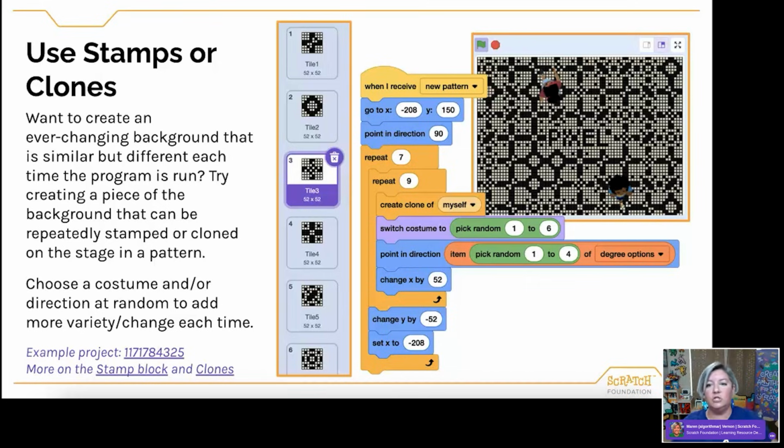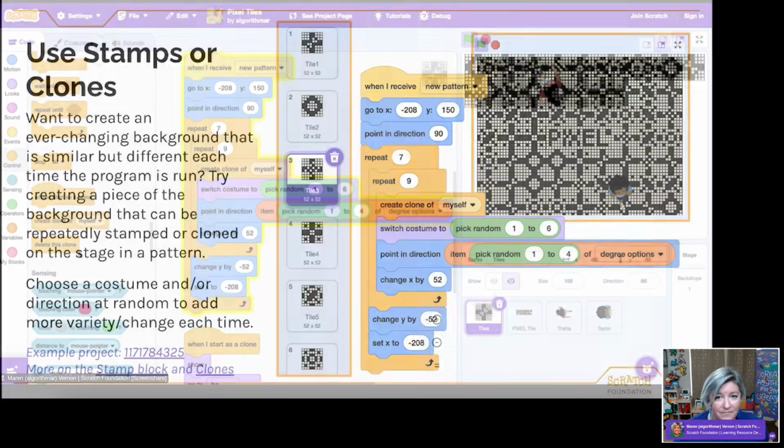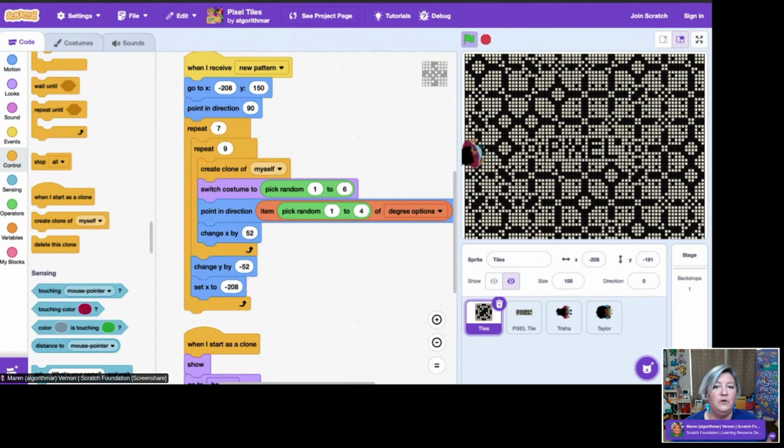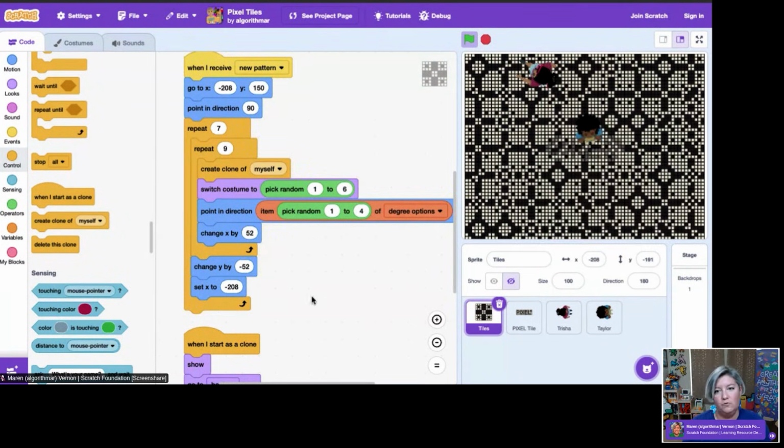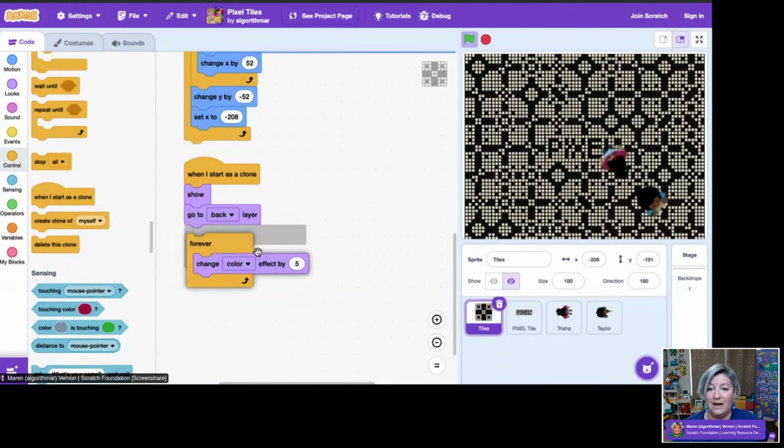And then it's just a floor pattern that's underneath my characters that are walking around, hanging out. I've got them here. If I run the program, you can see it just lays out all those tiles, and then the program's just these people walking over my tile pattern. But in this case, I can trigger a new tile pattern by pressing the space key, and you'll see that every time that I press that space key, I get a new floor design because it's picking these tiles at random, and then it is also choosing from the 4 directions I've allowed it to turn, basically 90 degrees each time in order to create something new each time.